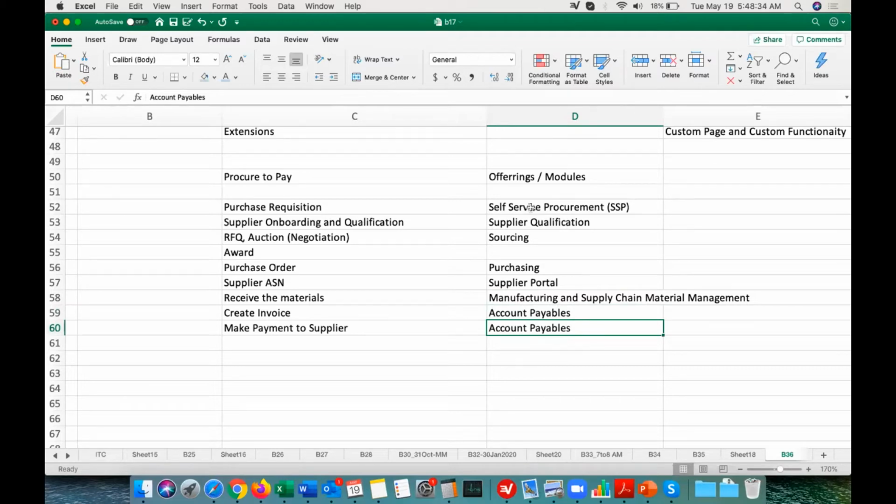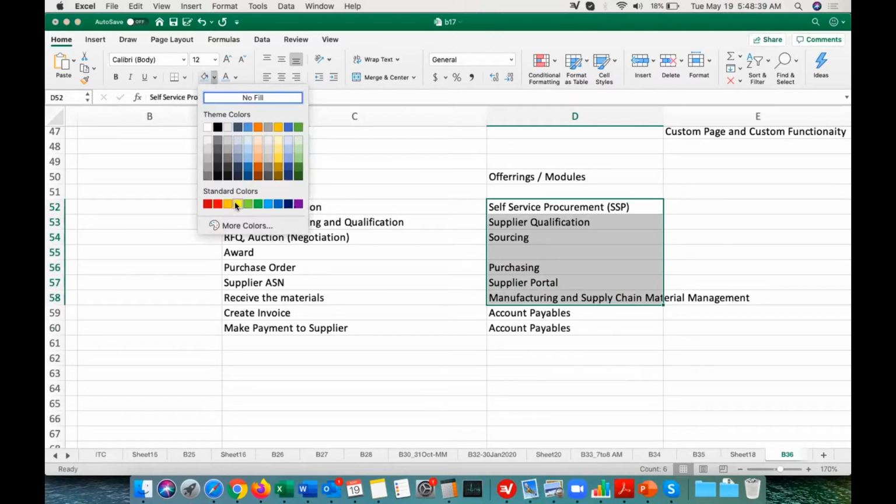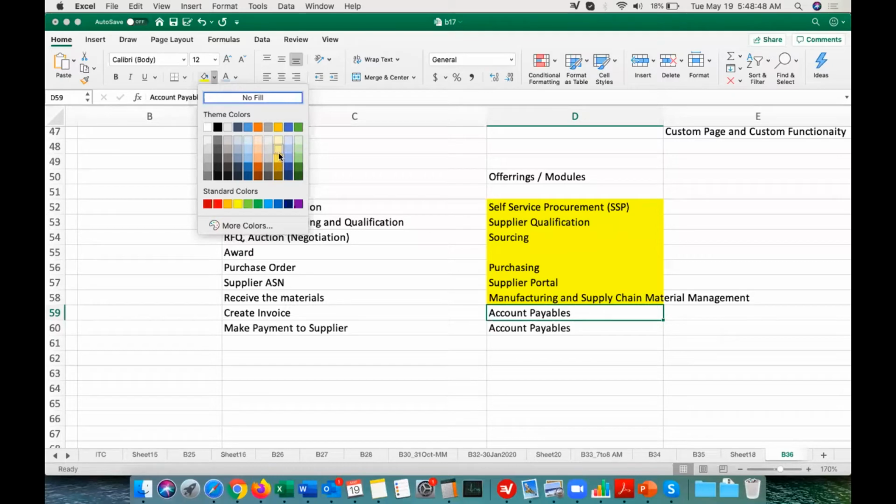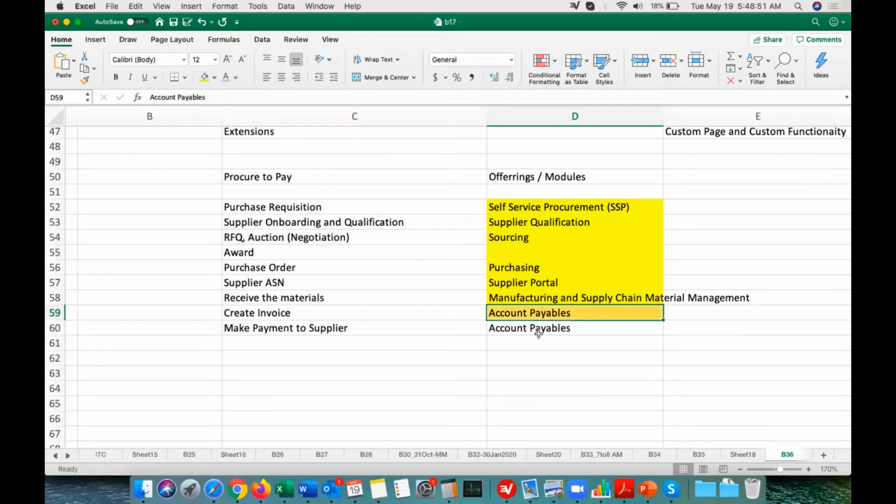Okay, so as part of our training, we will be completely covering all these offerings in the procure to pay cycle. We will only do the invoice creation. We will not go into detail in the account payables module, but we will do certain configuration to create the invoice, and then we will be doing a very limited setup in the account payables module. But we will be seeing this as well. But these modules we will see in detail, and then we will do the end-to-end implementation of the procure to pay cycle. The overall cycle is called a procure to pay cycle, and these are all the offerings in the Fusion application which we need to concentrate on.